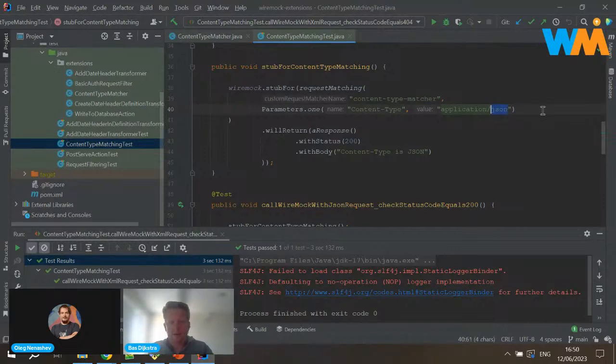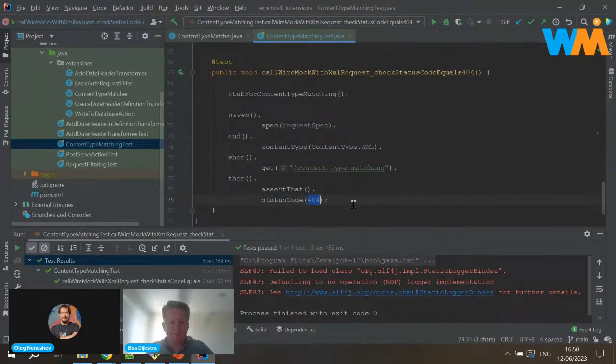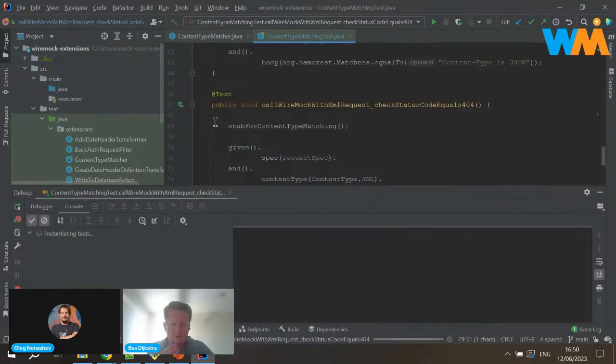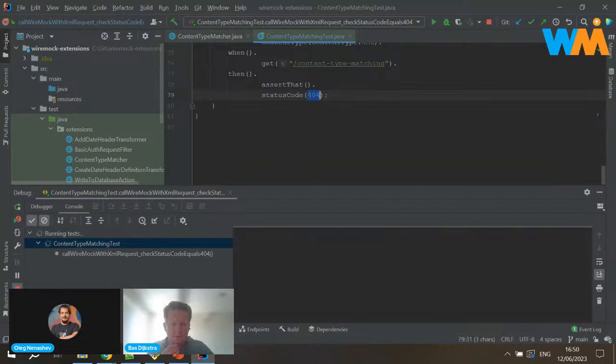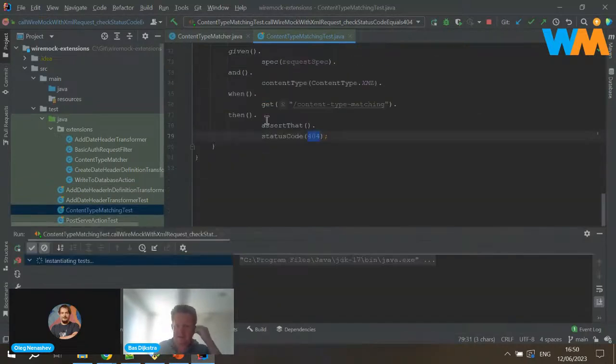If I would change this to XML, this one is going to fail because... I don't want to debug, I just want to run it. Stop. Go away. Just run the test.